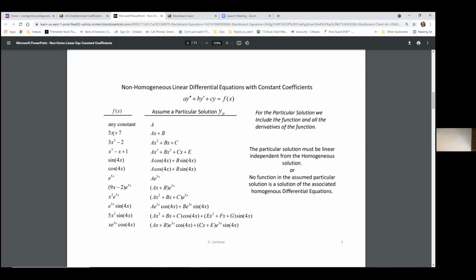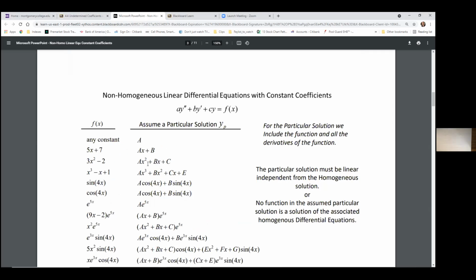So if you have something that's to the first power, you're going to assume the first power plus a constant, right? If you have something to the second power, you can assume a second power plus a constant. The second power plus the first power plus a constant. So here, you see, it's x cubed. So if my function of x was x cubed minus x squared plus 1